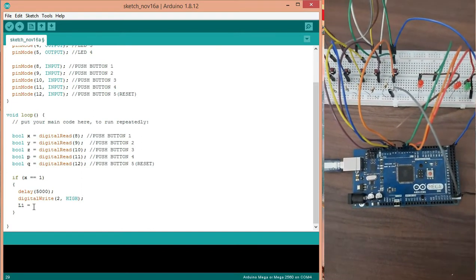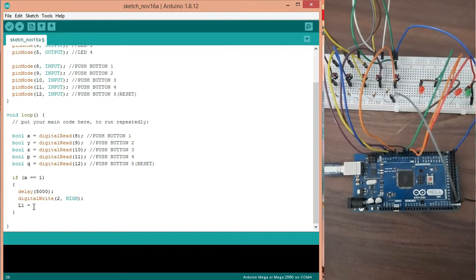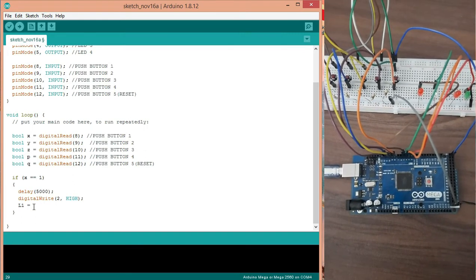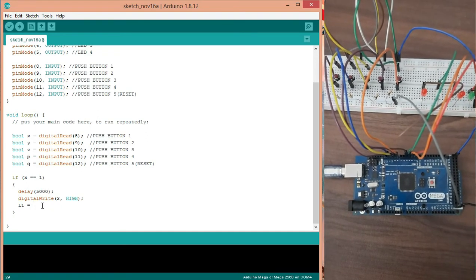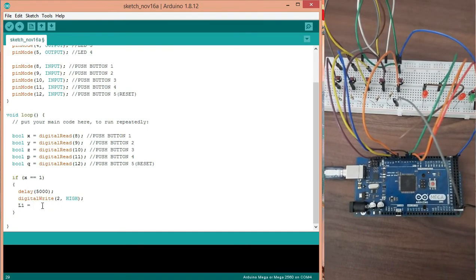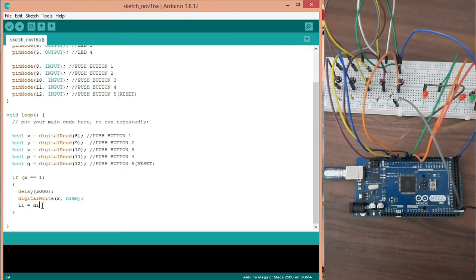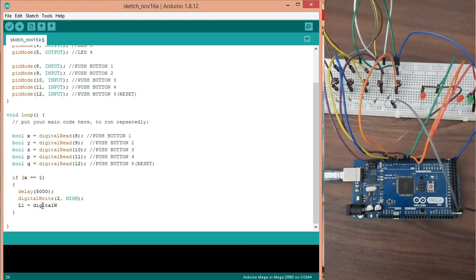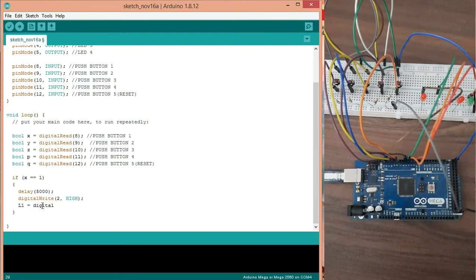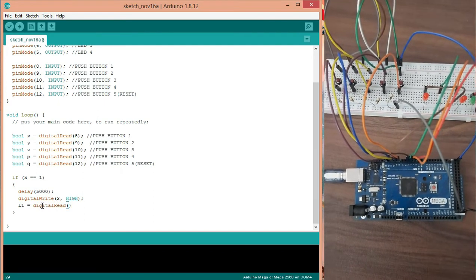Now why am I taking L1, why we are storing this digital value in L1, will be clear further in this logic. L1 digital read of pin number 3.